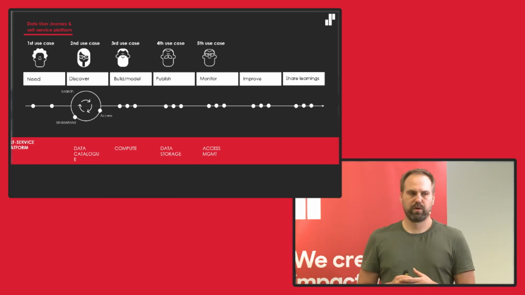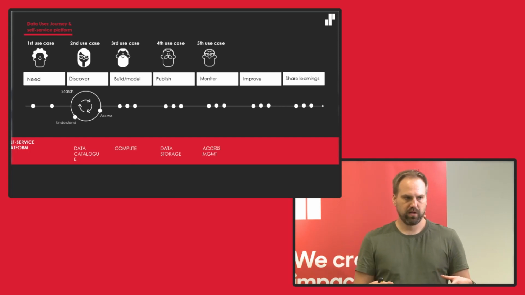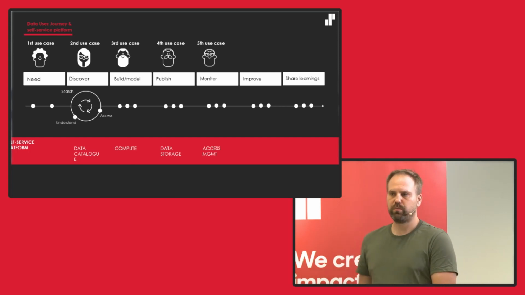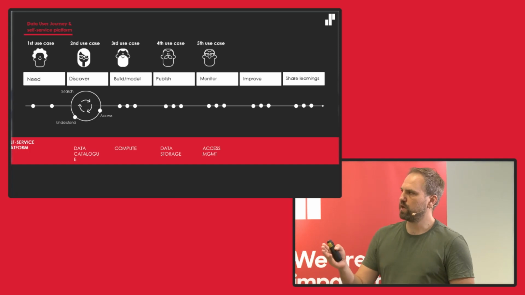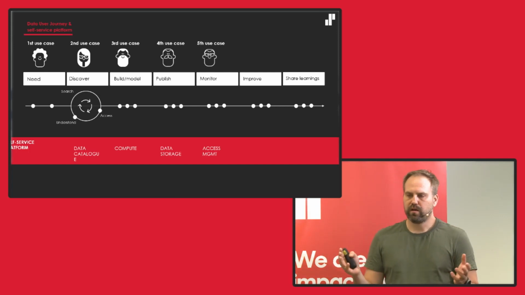Those people are probably working closely together. They know the data products. So the data catalog allows us to scale. It allows us, once we have hundreds of data products, to be actually discovered. But at this stage, it's okay to bring it a bit late. Now we already know that, okay, maybe the first and second use case is an object storage, and the third and fourth use case are actually, let's say, a database.